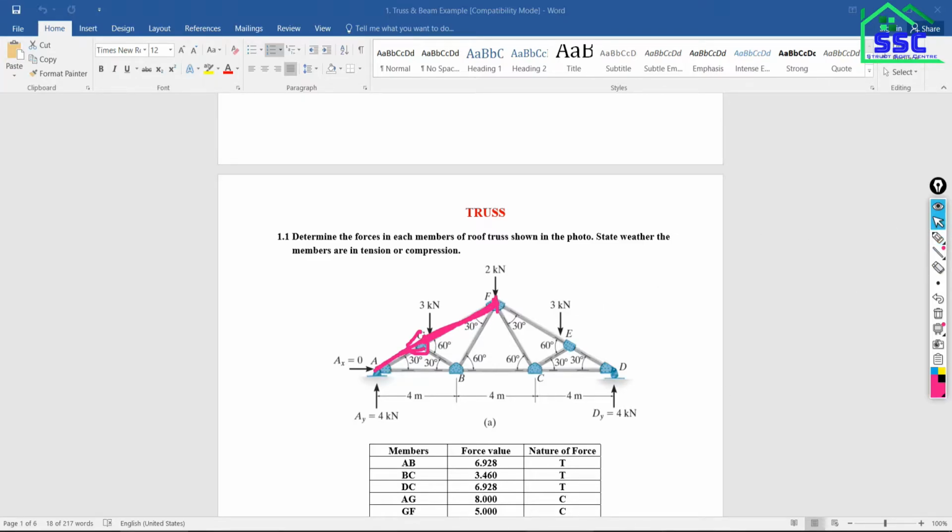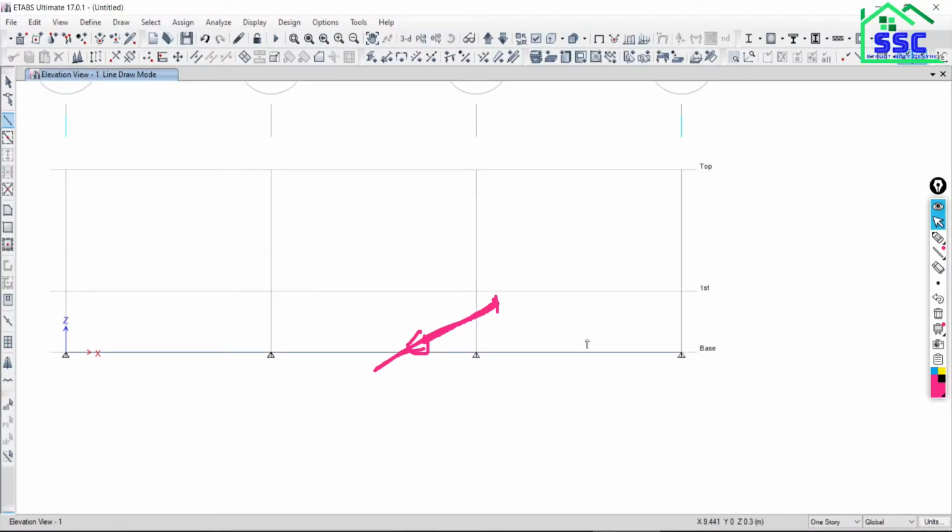To do that, I need to find the center. Just start from this point. Click on this and freely move to find the center. Are you able to find the center? See, there is an active move. The beam draw command is active. To deactivate this command, just click on the select object cursor, so that the command will be in deactive mode.